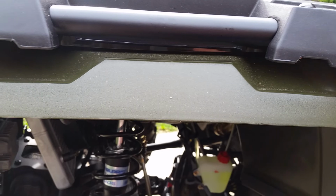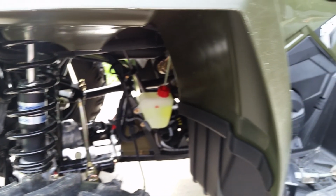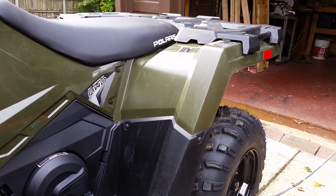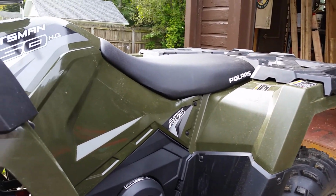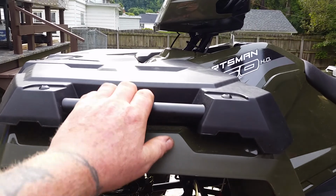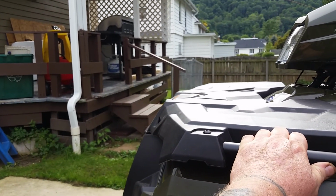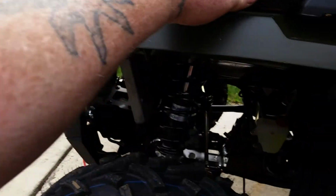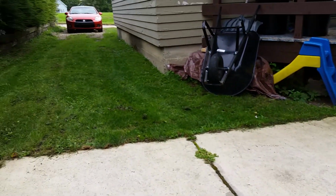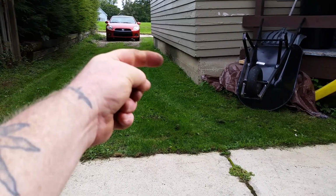Yep, but that's about it, guys. I know this is a long rambling. It's 25 minutes so far. But yeah, I've been going crazy around here trying to get things done before the snow falls, and this is one of the big things I wanted to do, get a four-wheeler with a nice plow so I can plow this concrete down there, down the street, the sidewalks,